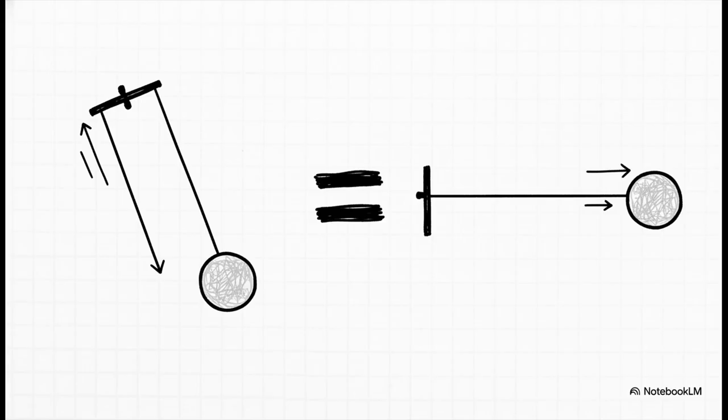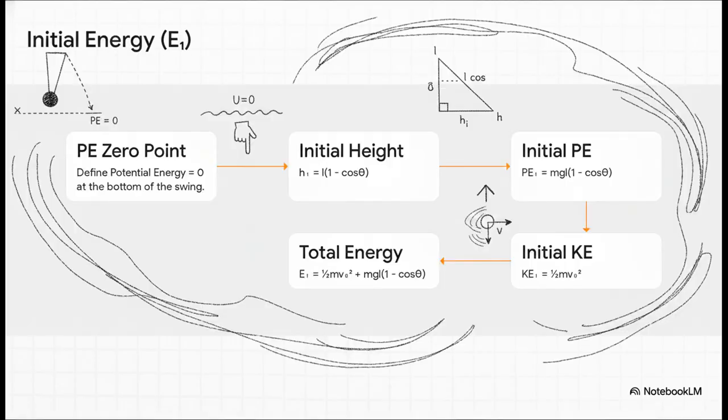The total energy the ball has at the very beginning has to equal the total energy it has at its highest point. Let's write that out. Let's break down that initial energy. First, to make our lives easier, we'll say that the potential energy is zero at the very bottom of the